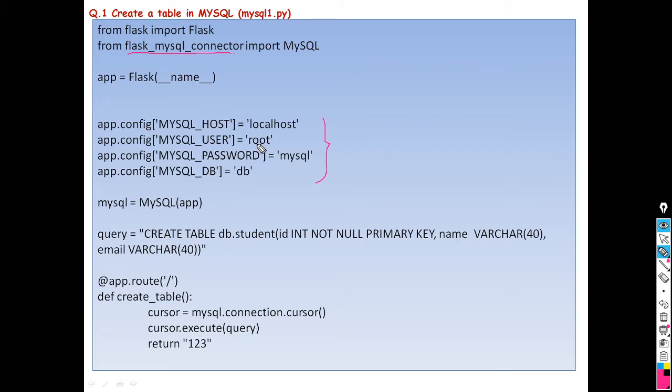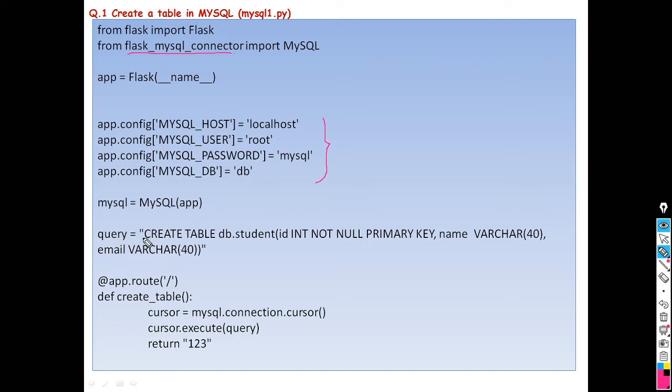Username is root, password is mysql, and here we are using the database db. This database is already created in MySQL by using the create database command, and here we are using that particular database.